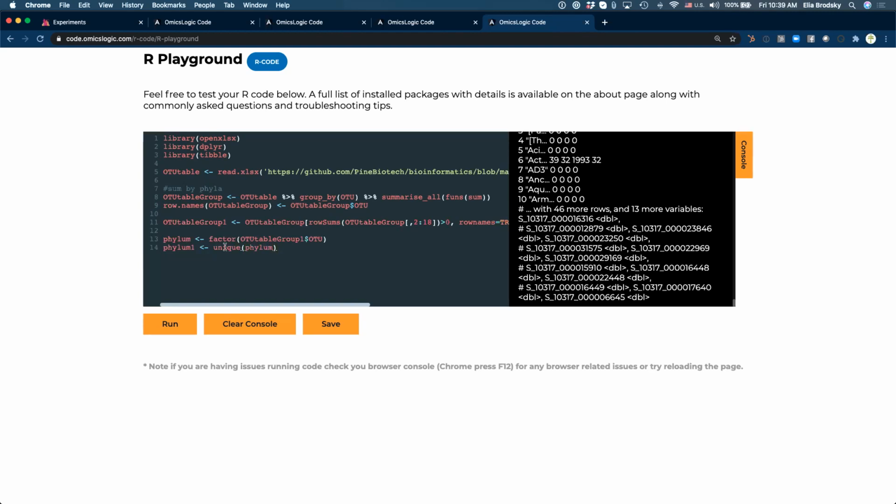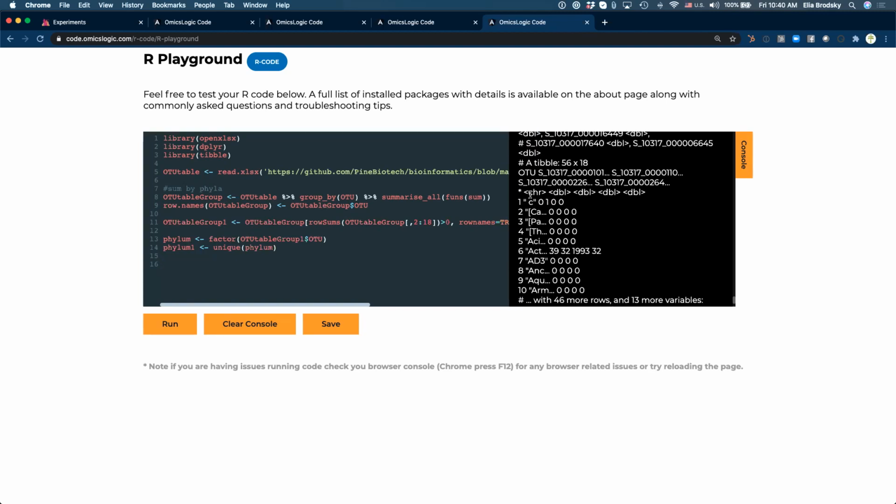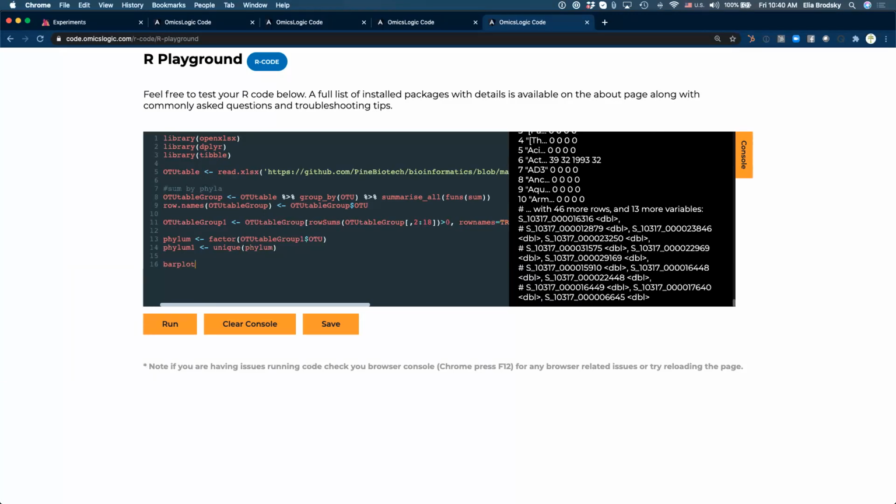All right, now let's take and make, okay, so because our OTU table group has the names of our phyla in column 1, and then all of the rest go on after that. Okay, so then we want to create our bar plot, right? So let's make a bar plot.